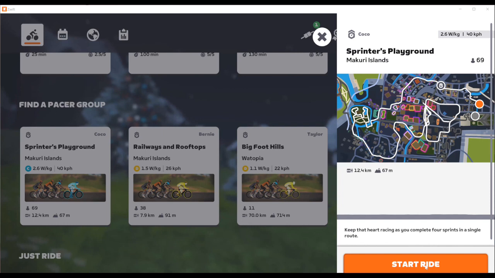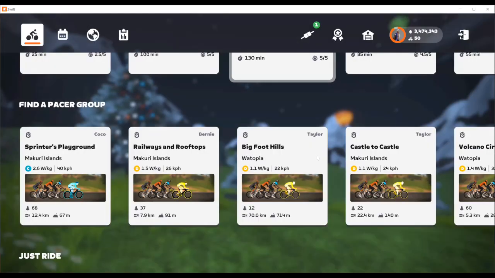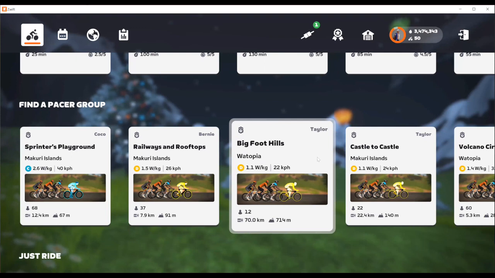I would have up to a minute to get up to speed with the group before it would then turn off. And then my pedaling would have to match the speed of the group as well. And that's how you get connected with a pace partner. Okay, so would you have to start the ride the same time she starts the ride?